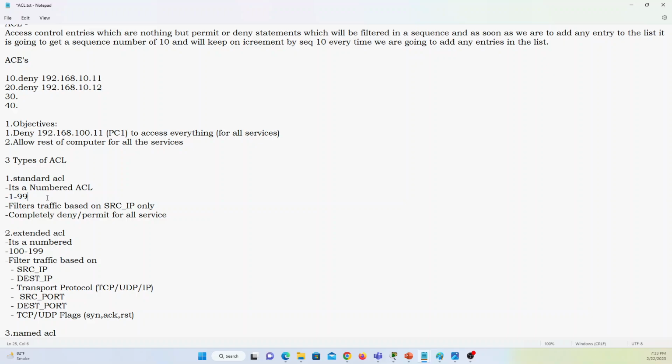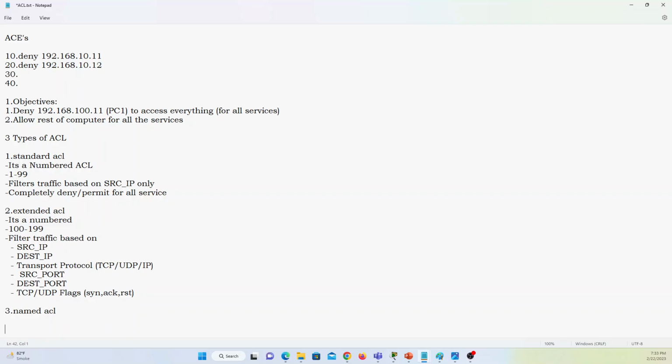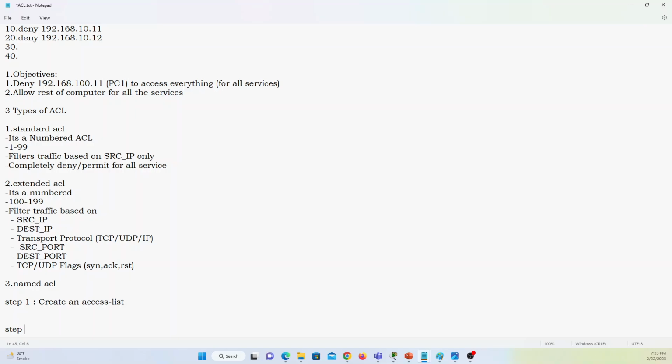Remember one thing, you can only apply one access list per interface. So let's go to the configuration part, and we will discuss the named access list later on. Step number one, you have to create an access list. Step number two, apply the access list